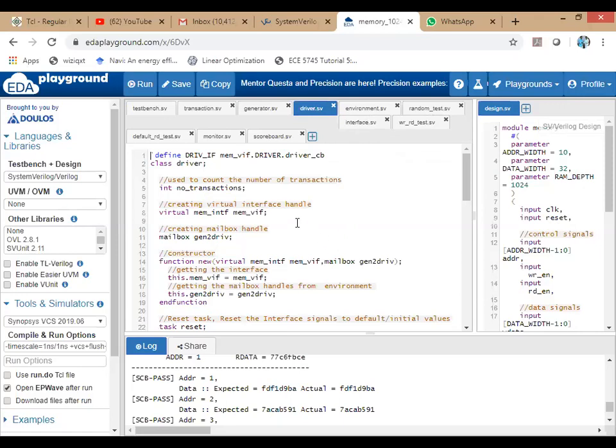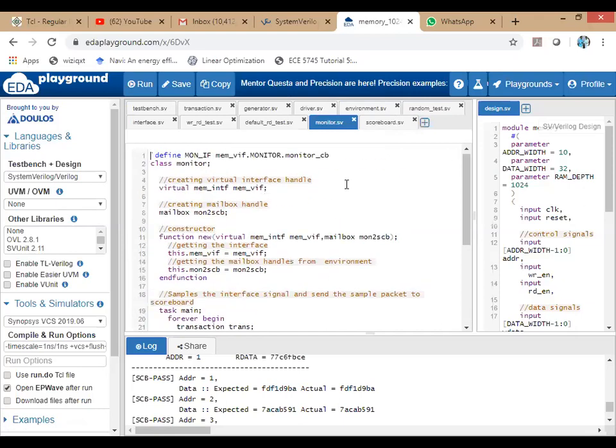And why is the monitor required? Until now, how the data is driven to the DUT was discussed, but that's only halfway through, because our primary aim is to verify the design. The DUT processes the input data and sends the result to the output pins. The monitor picks up the processed data, converts it into a data object and sends it to the scoreboard. Next, the rest will be explained through the EDA Playground.